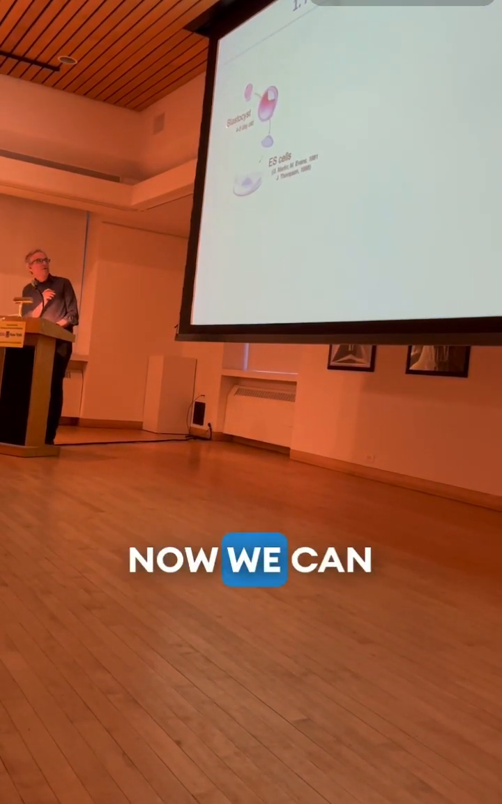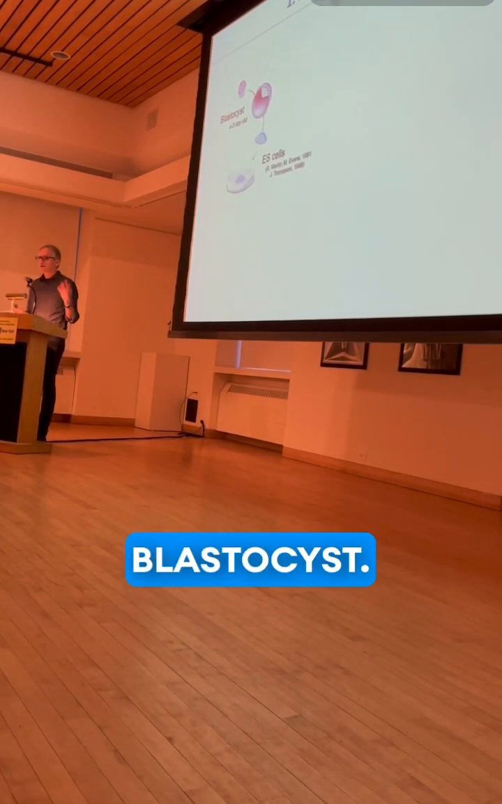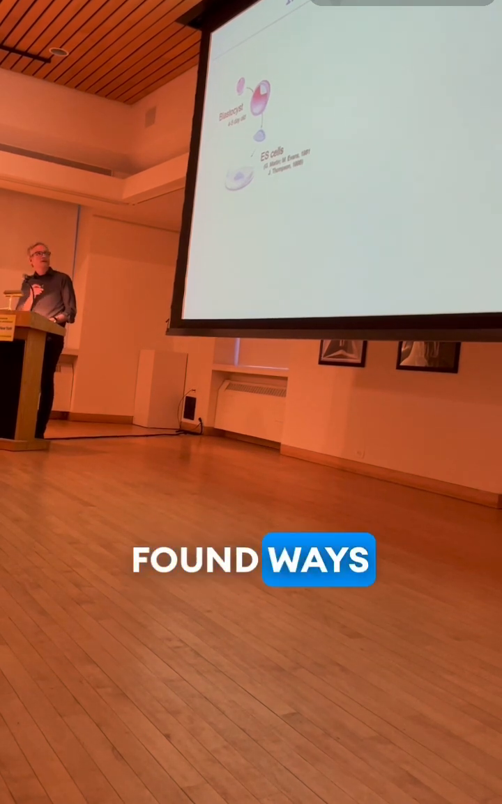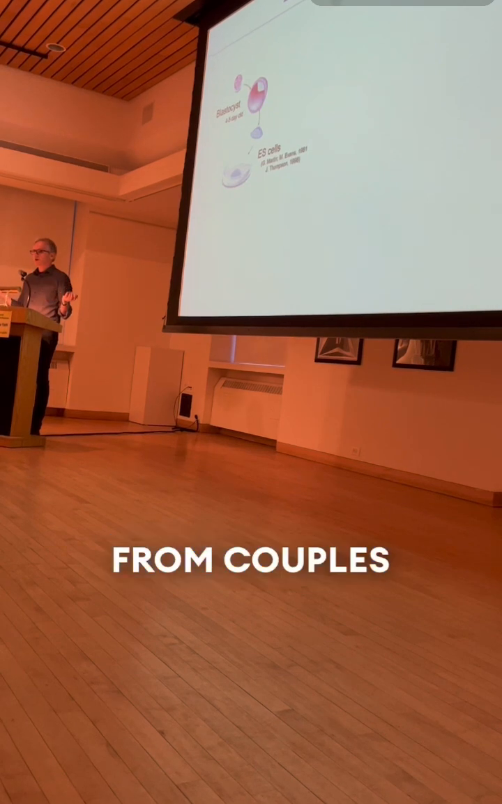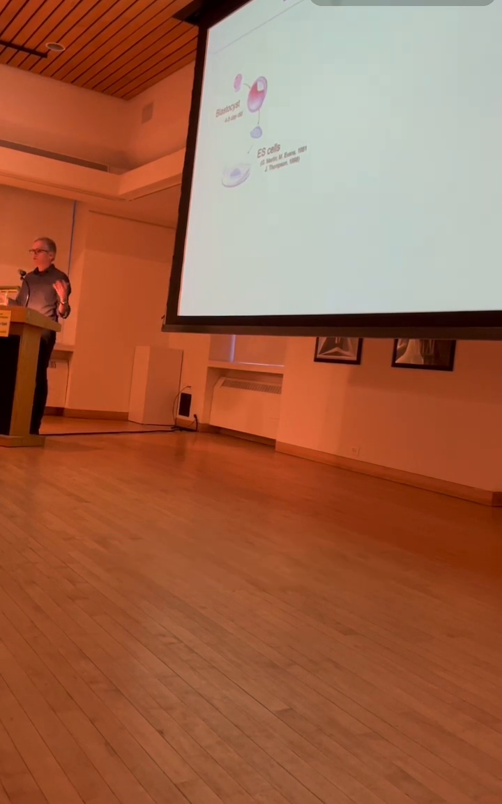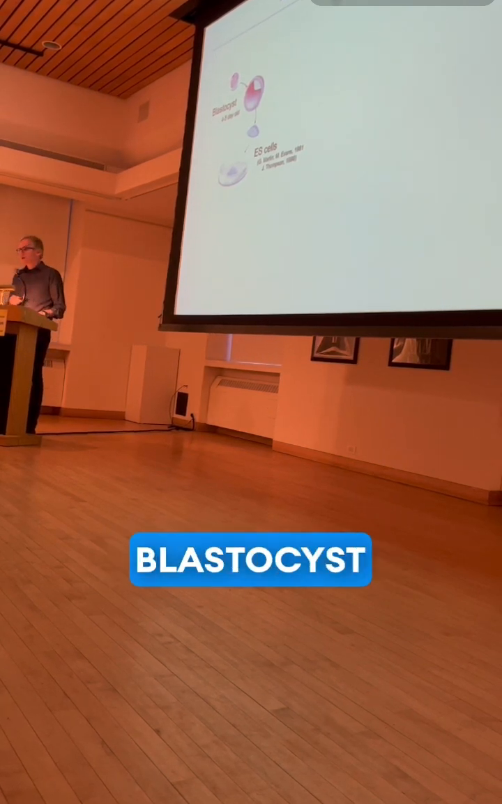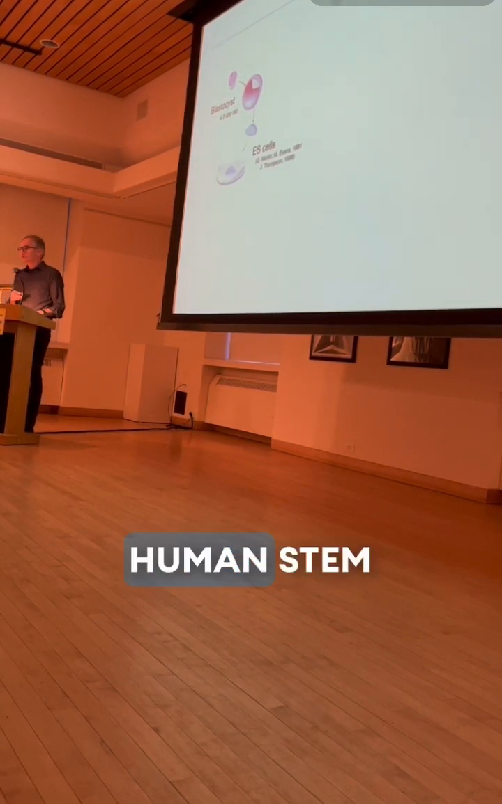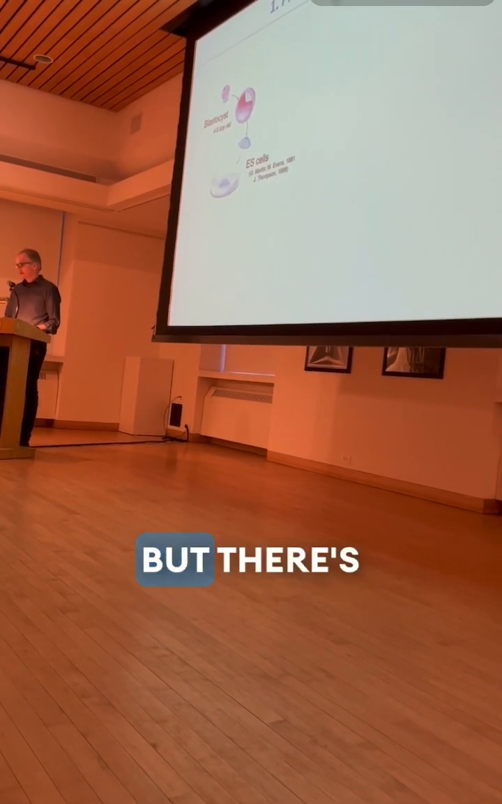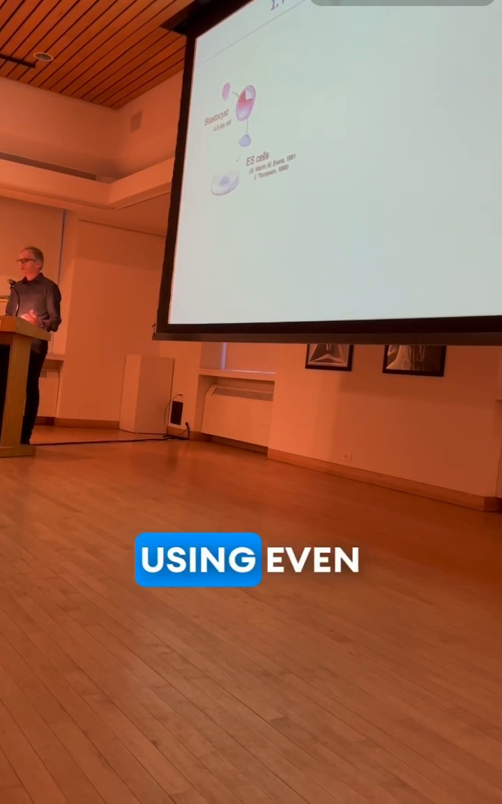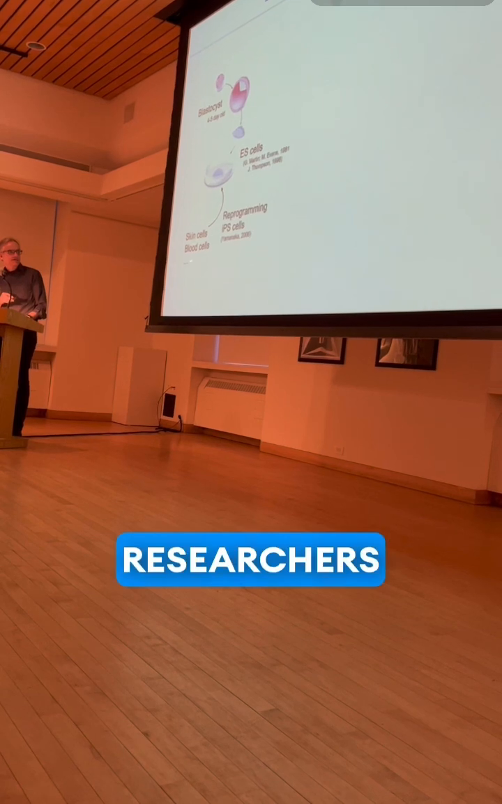Now we can even get by without relying on these early blastocysts. Actually, Jamie Thompson found ways how to take blastocysts that are discarded from IVF clinics, from couples that already went through pregnancy and do not need any more pregnancies. And they took these discarded blastocysts and actually showed that they can derive also human stem cells like this from early blastocysts. But there's always ethical issues with using even discarded blastocysts, and so most recently, actually researchers such as